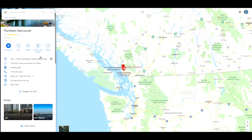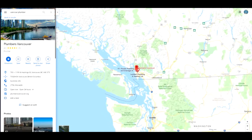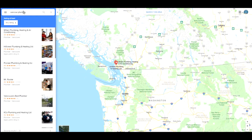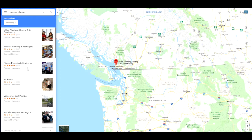Anyway, what you're going to do is head over to Google Maps. Okay, and what you want to do is search a job, for example, plumbing. So you want to type in plumbing or plumber, or something like dentistry or personal trainer. And what you want to do is go to their page, and then you find them and click on, say, for example,